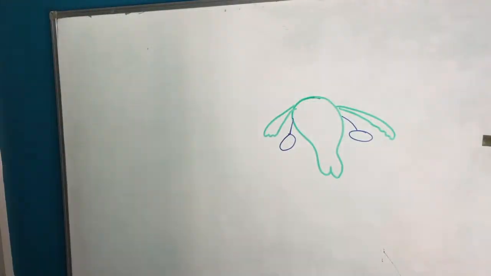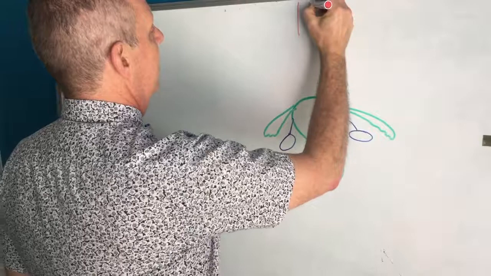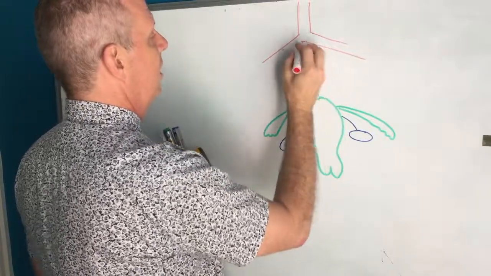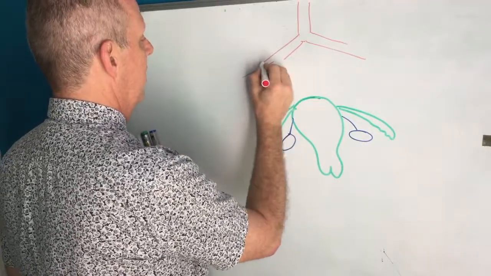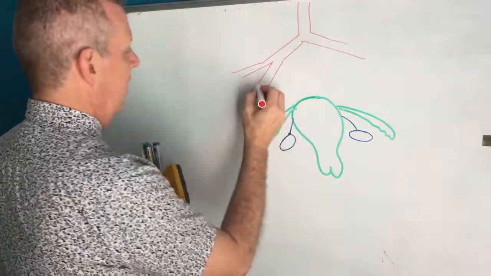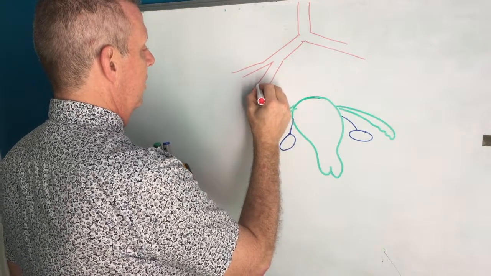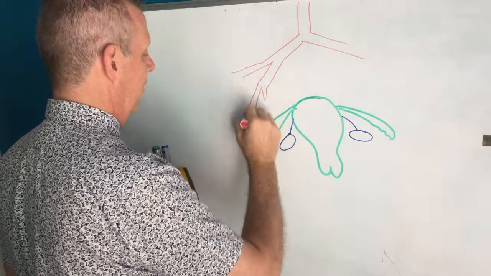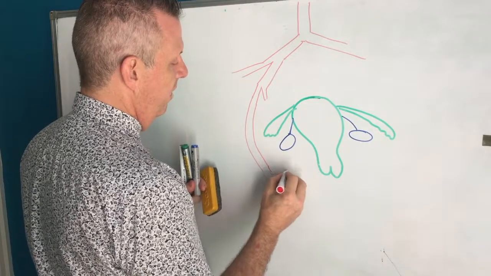Now, just grabbing a different marker. If we were to draw major blood vessels coming down here, this is the aorta, and it bifurcates here into the common iliac arteries, and then this bifurcates again into the external and internal iliac arteries, and then the internal iliac artery will then split into the anterior and posterior branches, and then the anterior branch comes around like this, and the uterine artery is a branch of the anterior